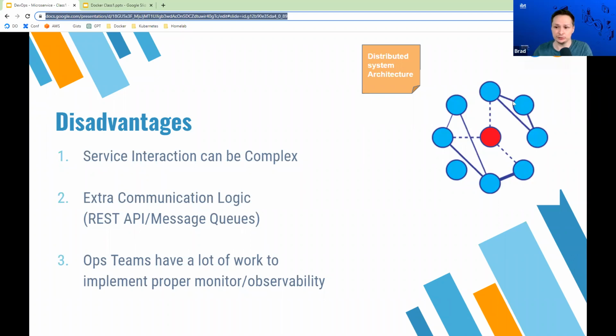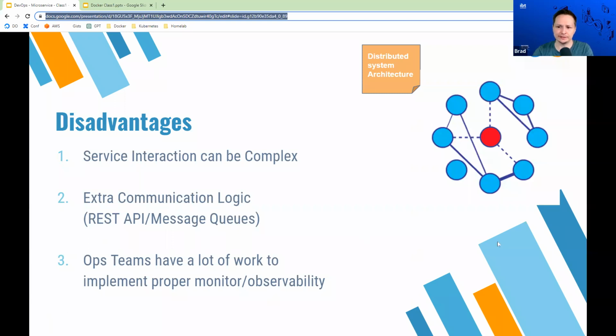So it's quite simple to do in a monolithic application, but in a microservice type architecture, you have to define how you talk to the payment system or how you talk to the check-in system, all that different logic, right? You have to wrap everything up into RESTful APIs and start using things like message queues. So the extra overhead of programming communication logic can be a little bit difficult.